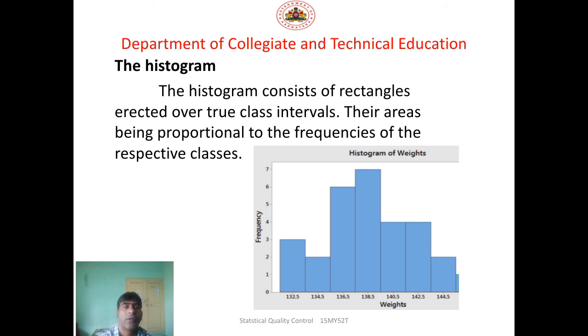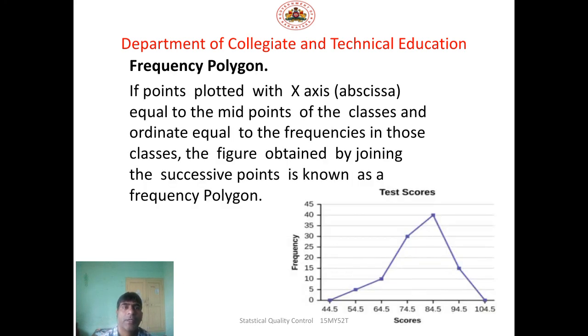So you can draw, it's very easy in construction. While drawing you should mention the scale on the graph, that is most important, okay. Hope it's clear. So histograms, you are drawing the rectangles to the class intervals, the height will be equal to the frequency of that respective classes. That is about the histogram, okay. Next we'll see the next type, frequency polygon.